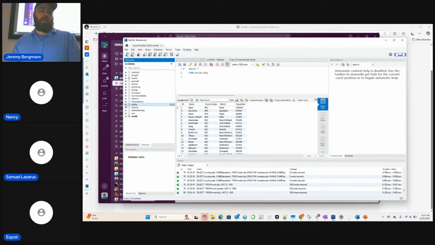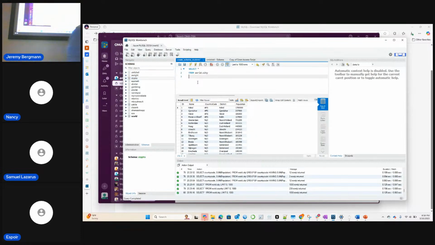Do you have to purposefully make it uppercase when you do it? Like the select or the from? It doesn't have to be in uppercase, but we're going to put all those keywords in uppercase for our class. It's like the standard, to make the code easier to read. So you could do it all in lowercase. It doesn't matter, but for this class, we'll do it all uppercase, so it's all consistent and readable.